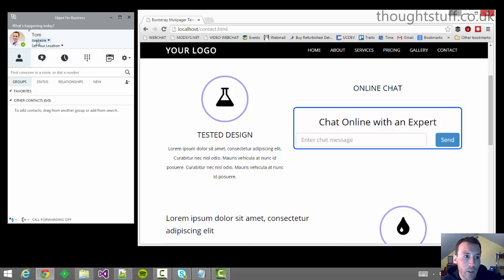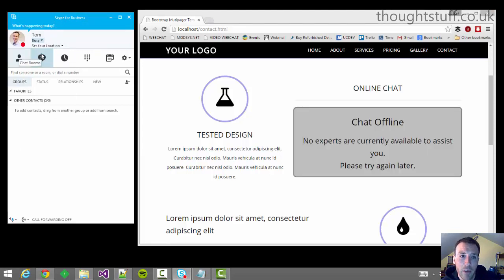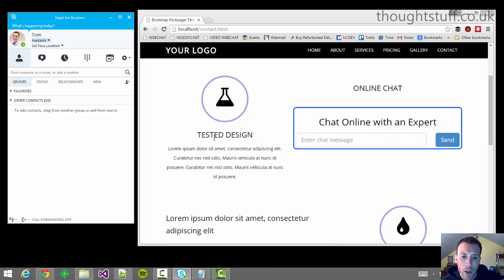So if I were to change my status here to busy, it's a little bit slower than some of the other SDKs and APIs because it is web-based, but now you can see that it's updated and it's saying chat offline. So let's go back to being available again so that it lights up the chat online div, and I'm just going to put in here and say